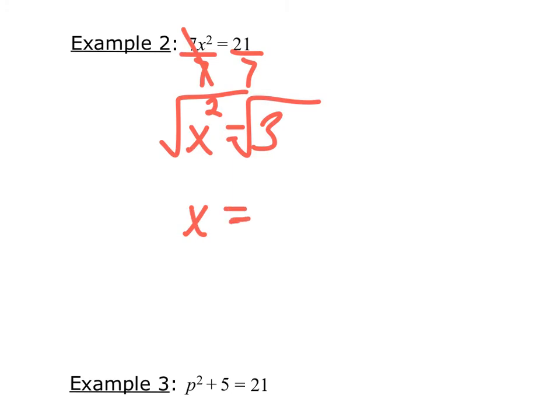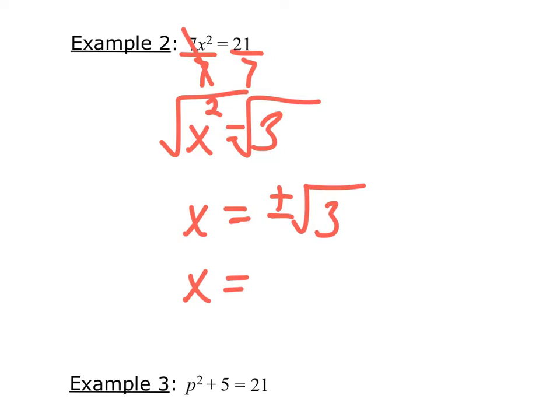We can either leave our answer as plus or minus the square root of 3, or we can actually get a decimal. In your calculator, you would hit the square root button and take the square root of 3 and see exactly what that answer would be. When you go to your calculator, if you go to the calculate screen, remember you'll press Control X squared to get your square root button. If you take the square root of 3, I got